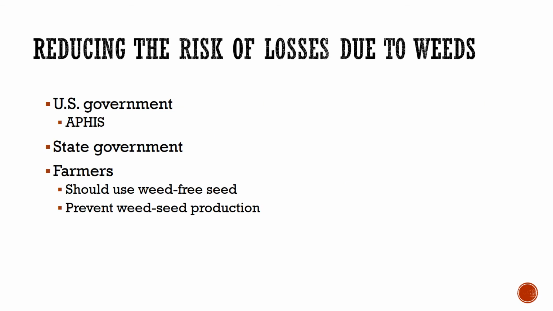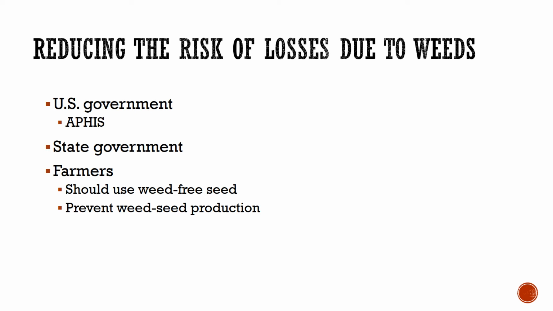Now let's look at some programs and services that the U.S. government has to help us out with the risk of losses due to weeds in our fields and in our production services. The U.S. government and the USDA have formed many services to help farmers and ranchers with this problem. One big one is the APHIS service, the Animal and Plant Health Inspection Service through the